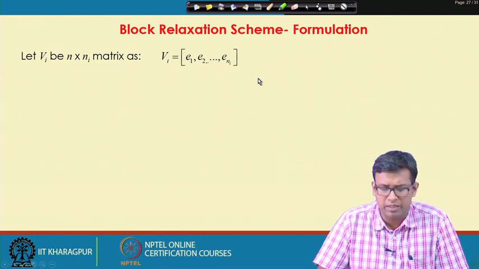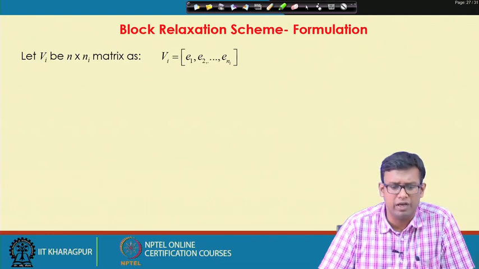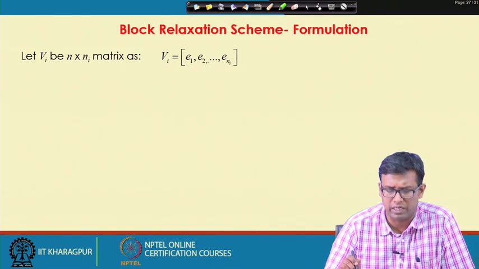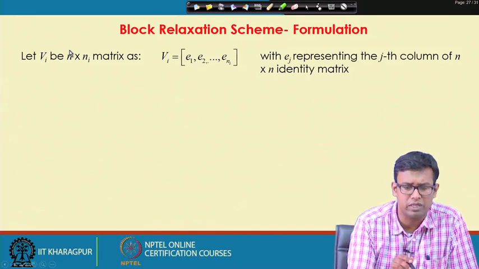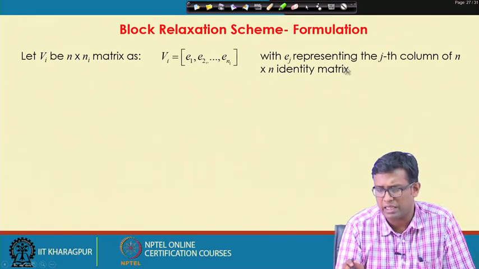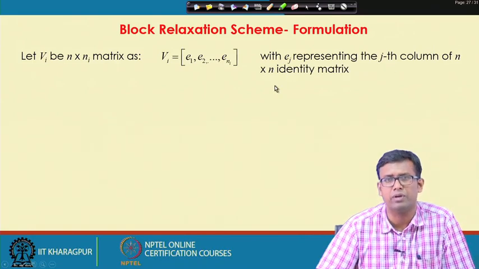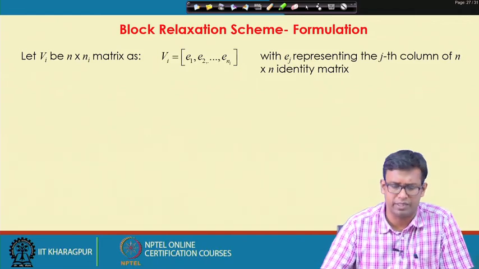So, we will see the formulation of a block relaxation scheme. Let V_I be an n into n_I matrix, and V_I is basically the columns of the identity matrix up to n_I. So, it will have n rows and n_I columns. There are n_I columns which are e_j's, and they represent the jth column of an n into n identity matrix. So, V_I is a truncated part of an identity matrix,